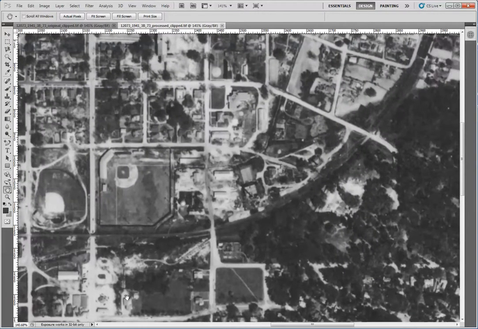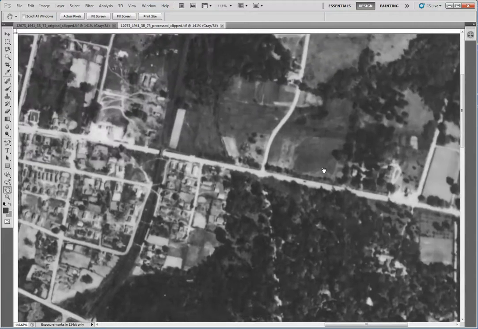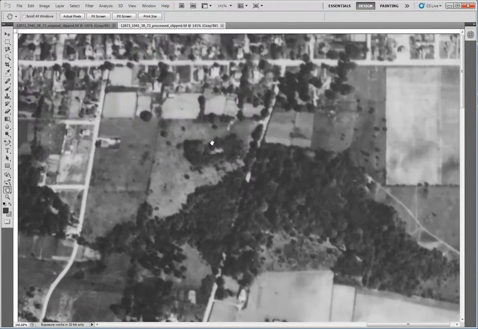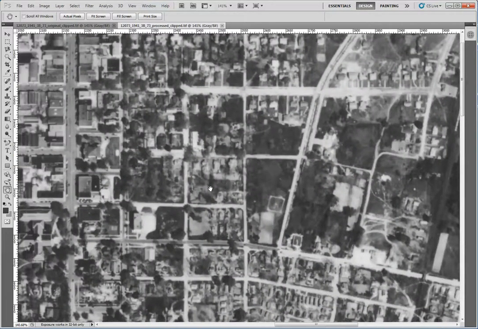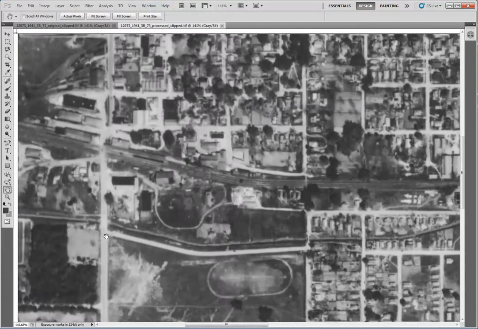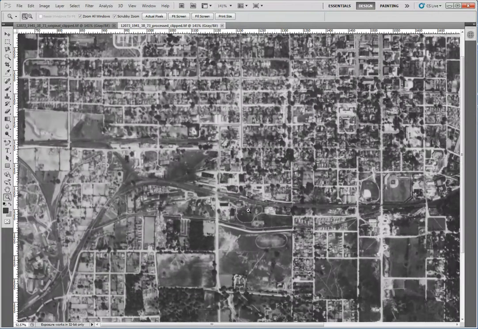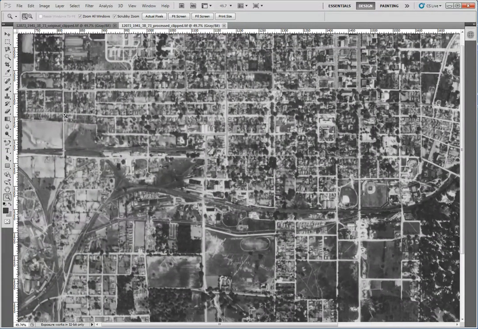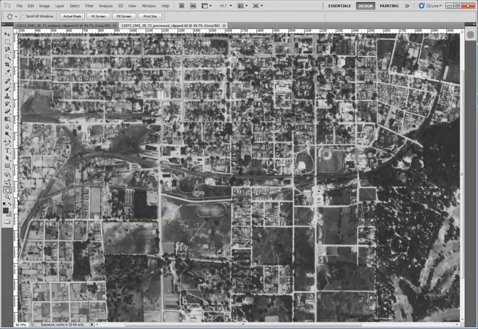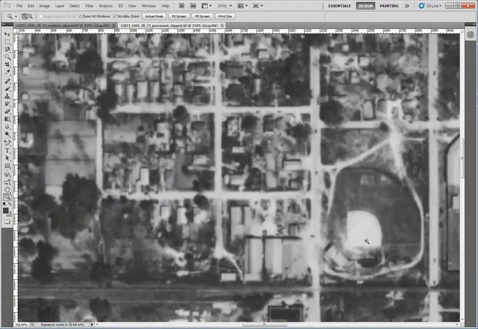And speaking of fine balances, let's zoom in a bit and look around, and you can see that there's some real light areas and real dark areas next to each other. So one of the things we'll be doing is trying to balance that out a bit, so the dark areas aren't quite as dark, and the light areas, where it's so light that it's just about washed out,